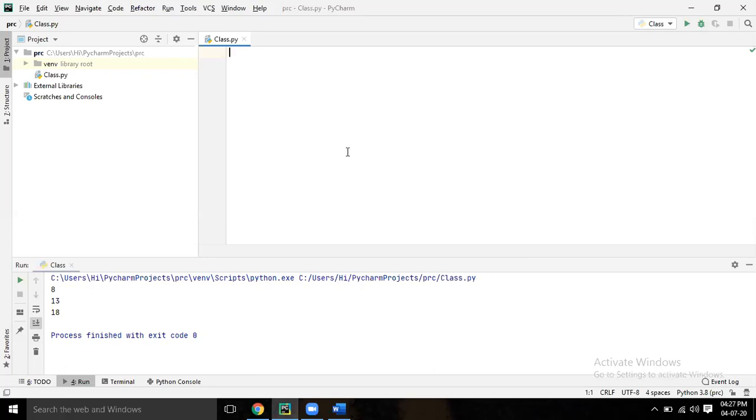Now the thing is, in Python it is case sensitive. Case sensitive means, let's say you have defined a variable small a. If you write capital A, it won't work. Just write a equal to 10.